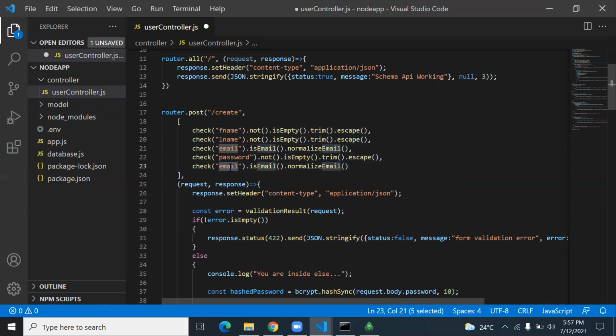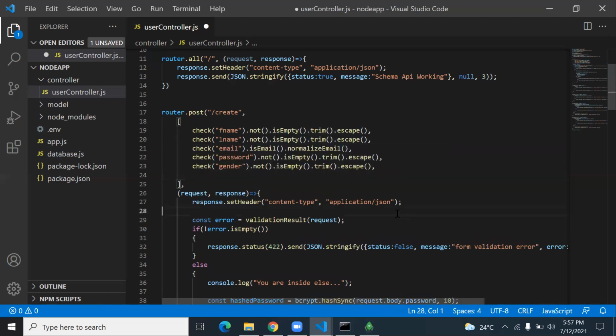And here, instead of email I type gender, and for gender I check it must not be empty, and I trim the extra spaces from the input. The last one we check is the location. Perfect. So this data I'm taking.